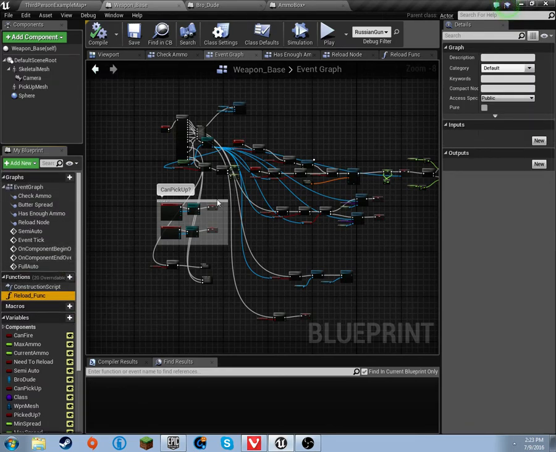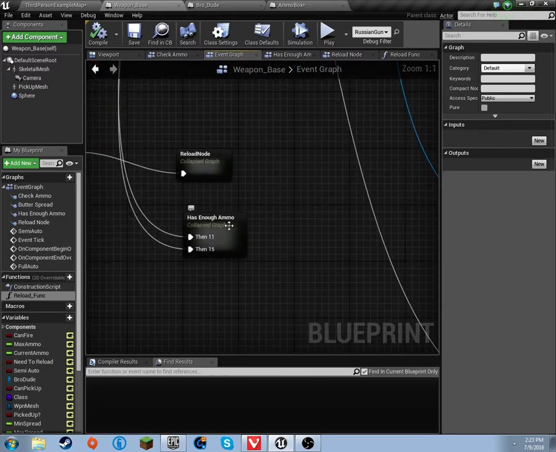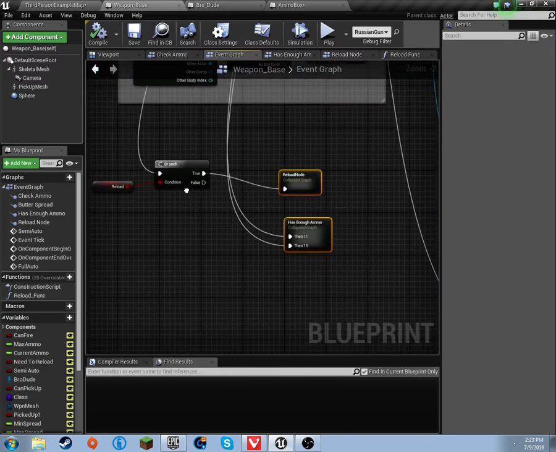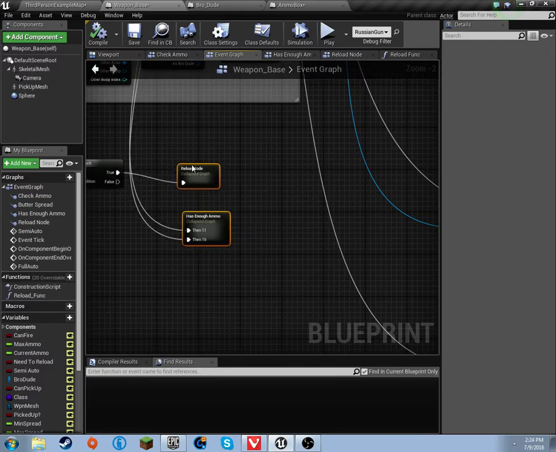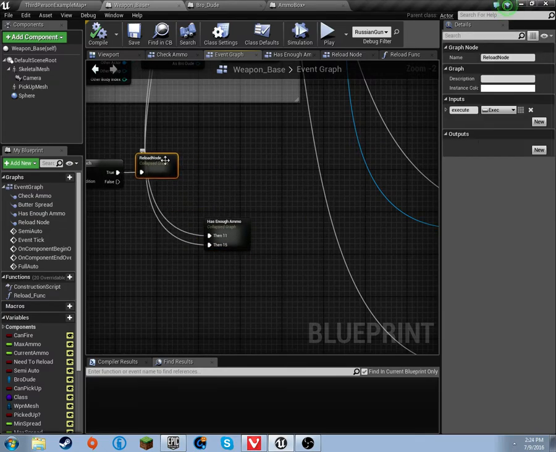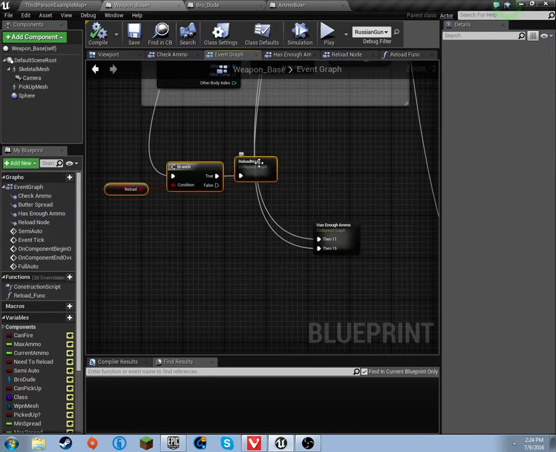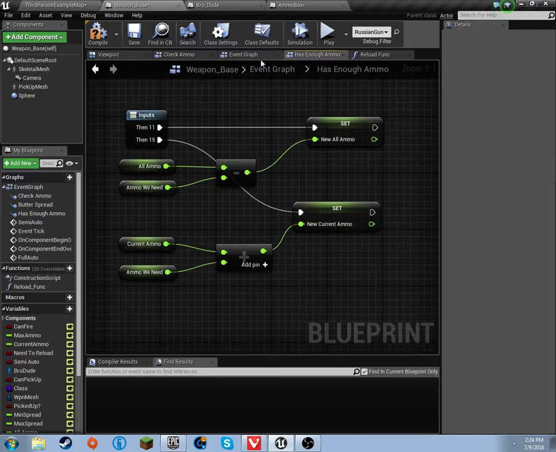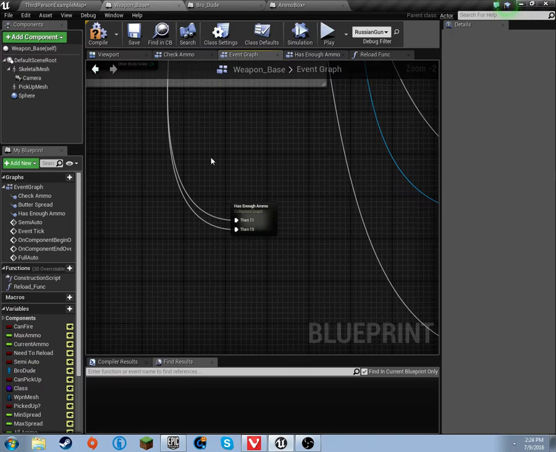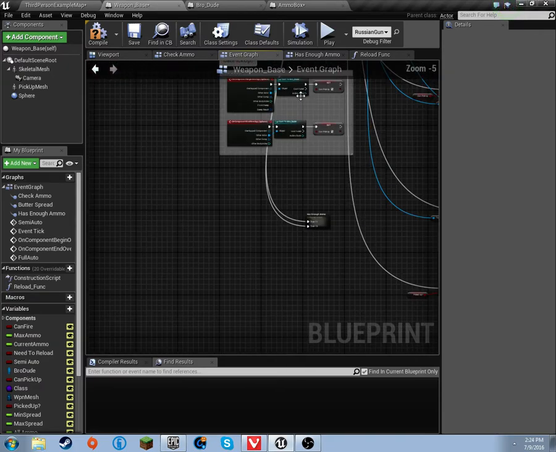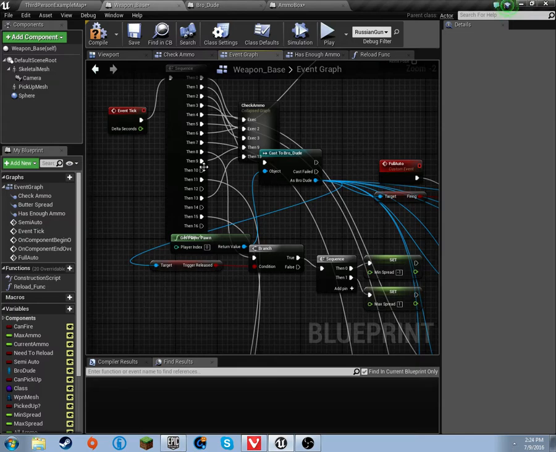But you're also going to want to make another one of these nodes. The reload node, don't worry about, that was just a test to see if something else would work. So all you have to do to make another one of these nodes is on our sequence, you're going to want to drag off from a blank sequence. I have some missing because I was working on this ammo thing, so some are going to be missing. You're going to want to drag off a blank space and